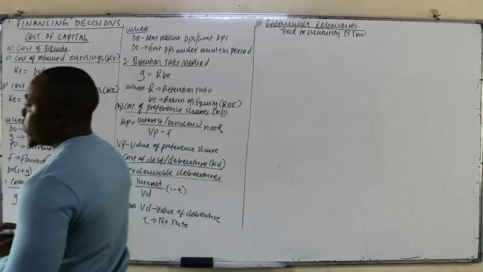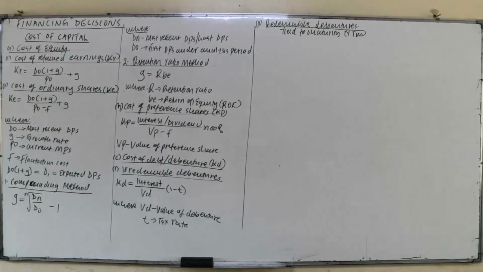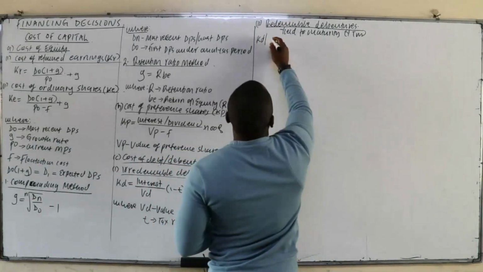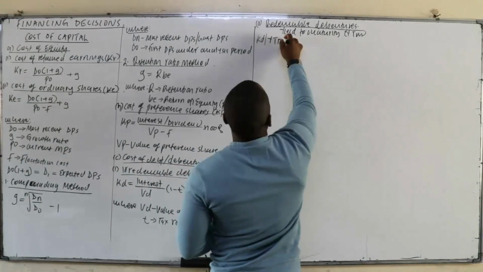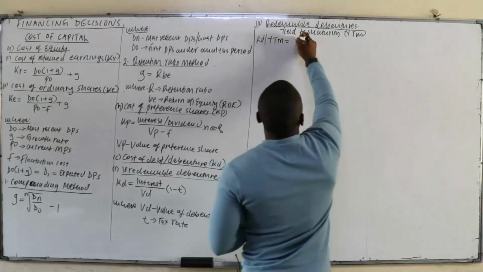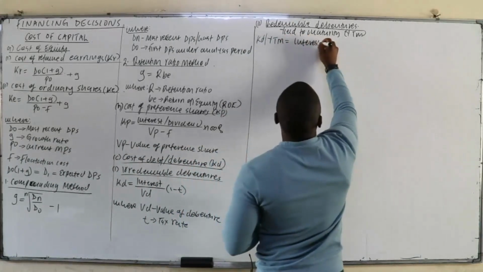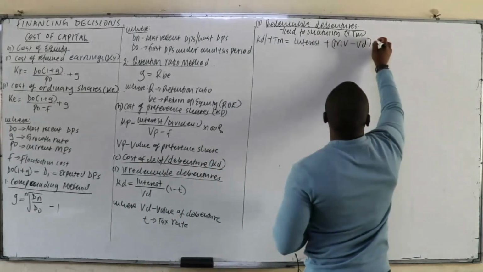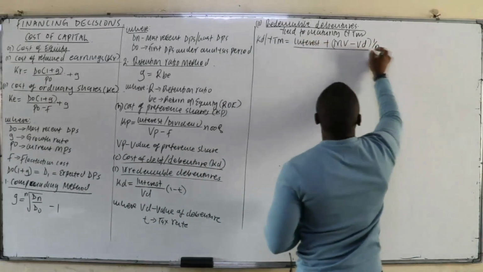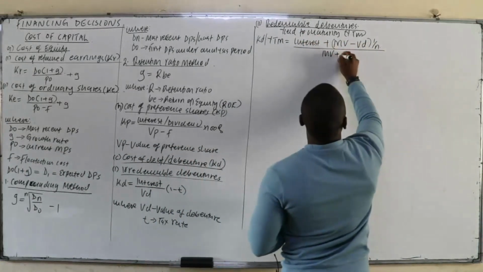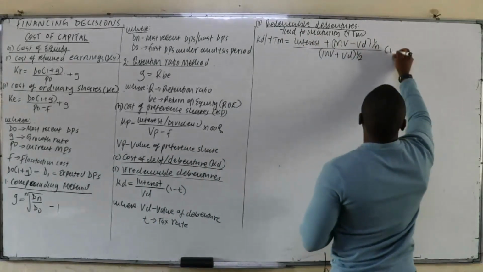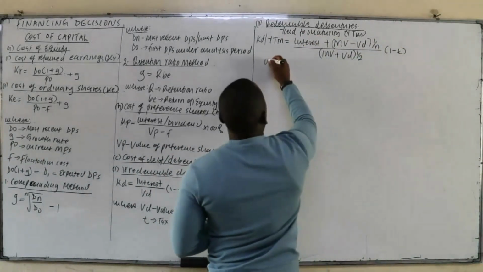It's more like a bond. Where you buy a bond for 5 years, that means after 5 years it will mature. To get the cost of the debt in case it's redeemable, we use yield to maturity. How do you get the yield to maturity? You take the interest plus maturity value minus the value of the debt, over n, all of it divided by the maturity value plus the value of the debt. Then you get the average, times 1 minus T, where